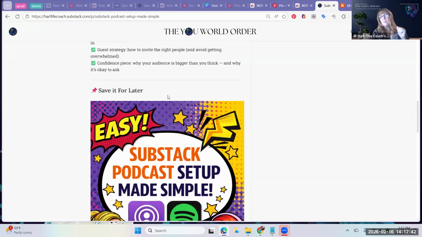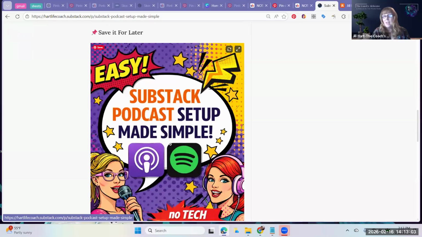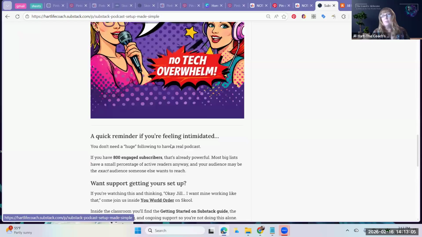If you remind people to save it for later, it helps them understand that they can just pin it. A lot of people will have this little pin icon. Do you see that little pin thing there? They can just hit that, figure out which board they want to save it to, and click save, and it's done. So it's a way to help other people help you by giving them something that they can pin over on their Pinterest board.